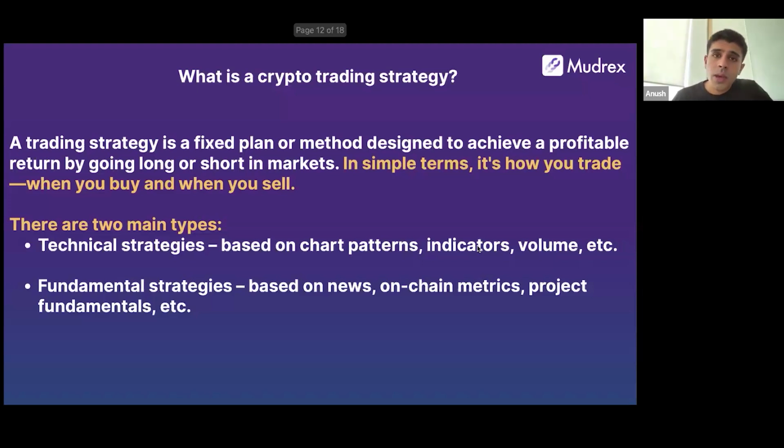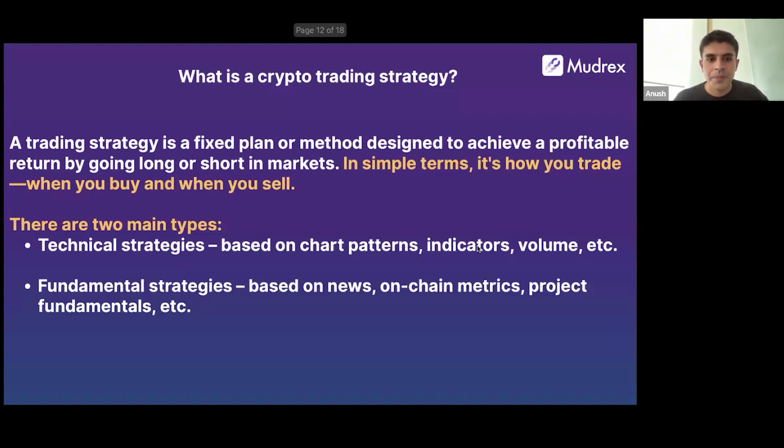All right. Another way you can do this is volume analysis. Basically, are people buying or selling in large quantities? Okay. So, for example, if you see Bitcoin breaking out of a key resistance level on high volume, high green volume, a technical trader might interpret this as a strong signal to actually buy or go long. Okay. Now, technical strategies work well because crypto is a very sentiment driven market, meaning people often react to patterns and momentum more than they do to logic or fundamentals. This is definitely the case in crypto, especially in the short term.